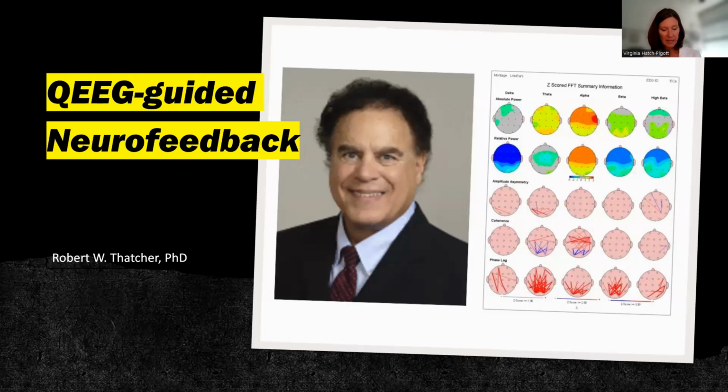And finally, this is Robert Thatcher, PhD. He produced what is now known as NeuroGuide, a database, back in 1979, while he was the principal investigator of a project to correlate nutrition and environmental toxins on human brain development. He gathered over